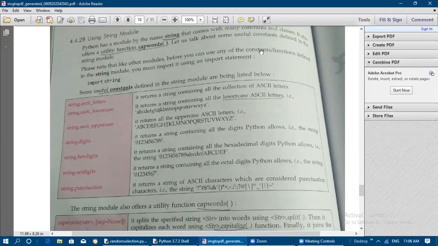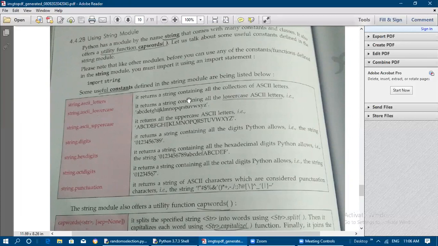So if you want to use the constants or functions defined in the string module, before that we need to import that string module. For that we use the import statement and include the module name string. Some of the useful constants defined in the string module are listed below.